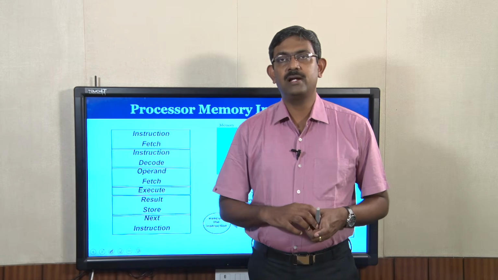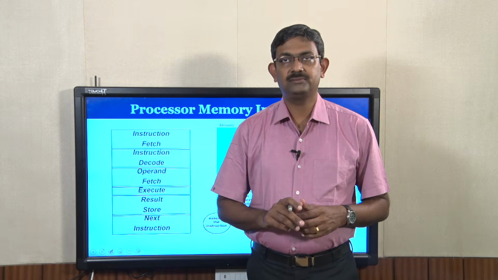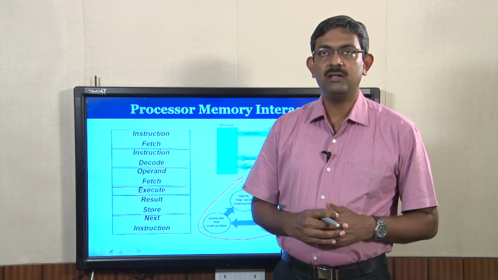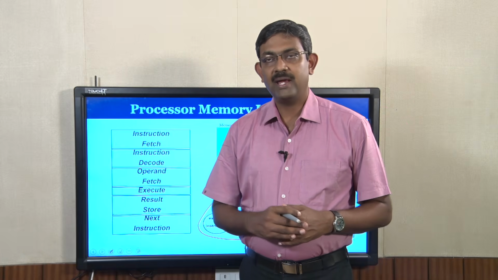If you look deeper into what a processor does, you can see that the processor is going to fetch the next instruction always, decode the corresponding instruction and execute the instruction, and this whole process goes on inside a cycle. Generally, processors have multiple levels of cache memories which are high speed memories inside the processor chip, and outside the processor is the physical memory, also known as main memory.